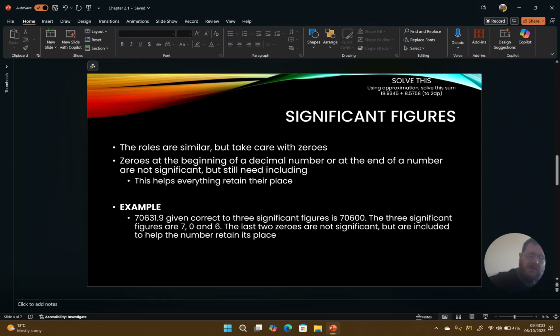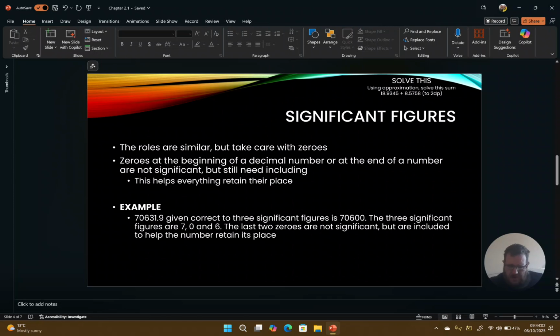Next, we go into significant figures, but you need to take care of any zeros that may be present. The zeros at the beginning of a decimal number or at the end of a number, they're not classed as significant figures, but they still need including, and that's because this helps everything retain their place. And there's an example that I've given at the bottom there,